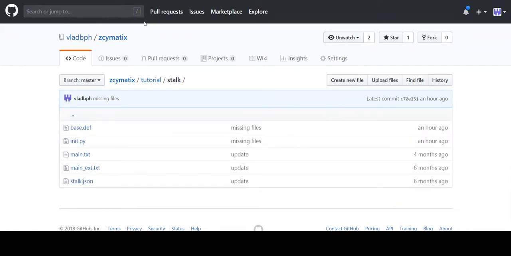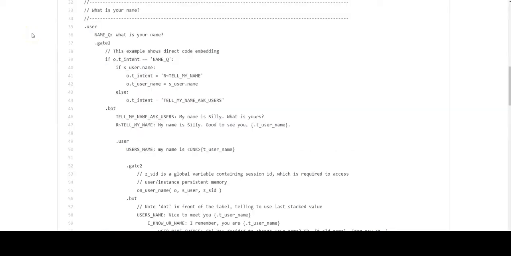In this micro Smalltalk tutorial project, we show name exchange between the user and the chatbot and answering user's questions about favorite colors, but we will focus on name exchange. The user's name is stored in the instance persistent memory and it is used in fulfillment, so the goal is to make our chatbot as intelligent as possible. Take a look at the user section here, where the user asks the "what is your name" question to the chatbot. The bot will answer the question and also ask the user to provide one unless the bot already knows it. Also, the user can change the name and the bot has to handle it, and this is the gate to implement this